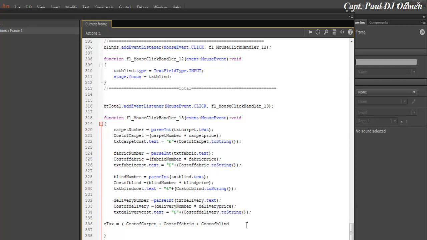So that would be my tax, and close that. I will now multiply that by I tax and then divide by 100 to get my tax rates. Enter another bracket here. There we go. That's for tax. So let's say txt tax dot text,